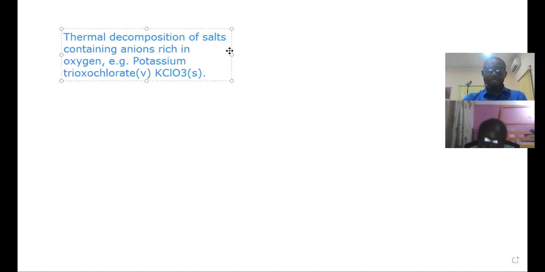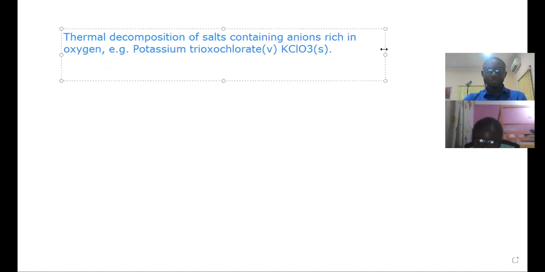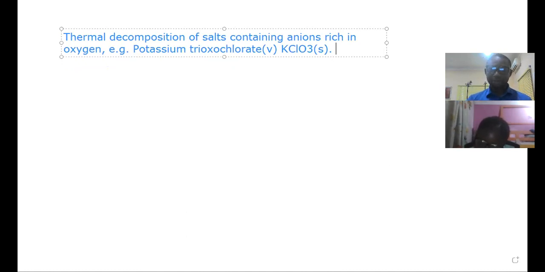Let's see if I could get that down. The thermal decomposition of salts containing ions rich in oxygen. An example of such is KClO3, which is potassium trioxochlorate(V). Now, what happens is KClO3 is heated. Remember, we said thermal decomposition, so heat is involved. When it is being heated